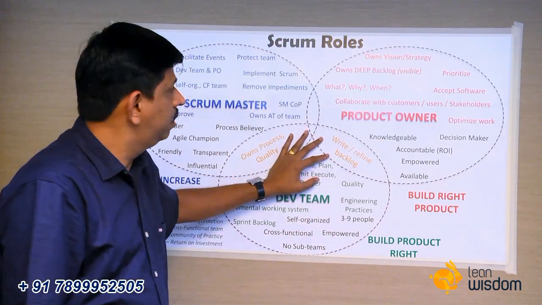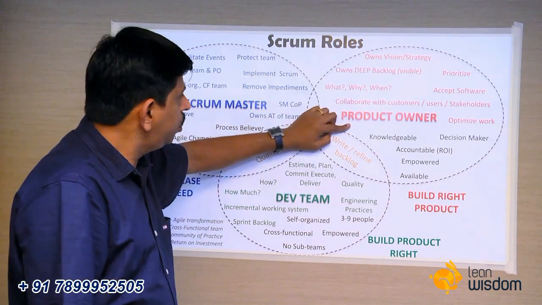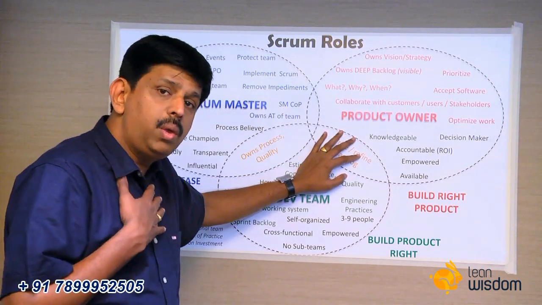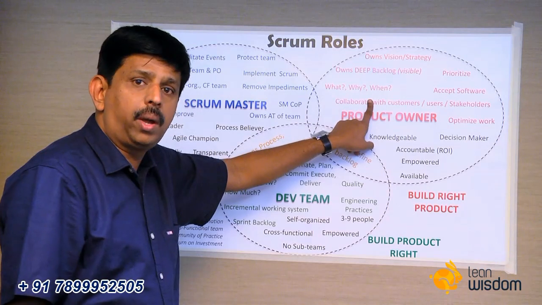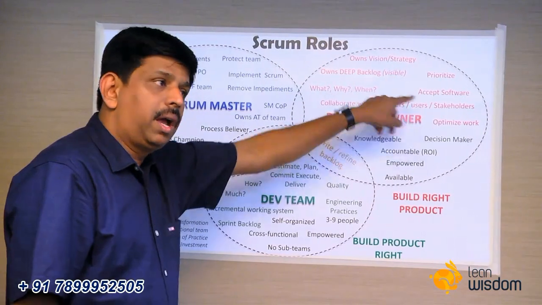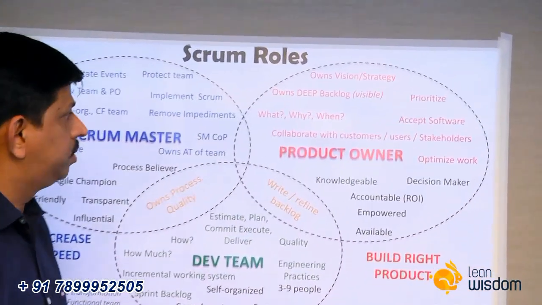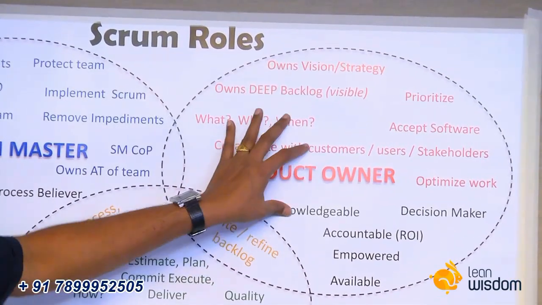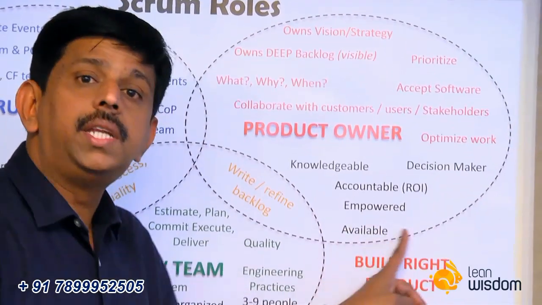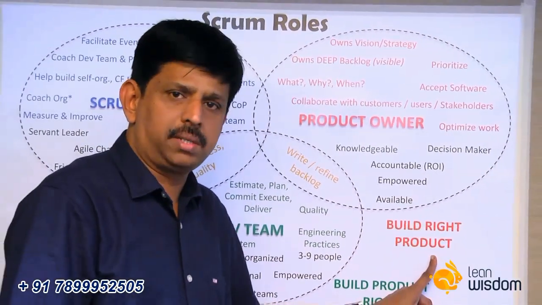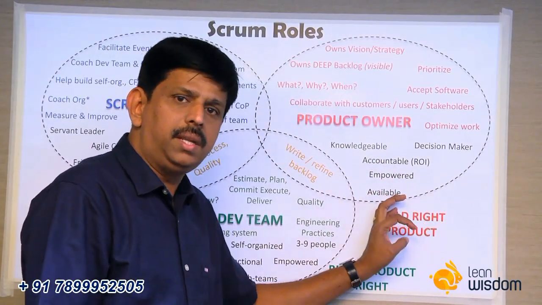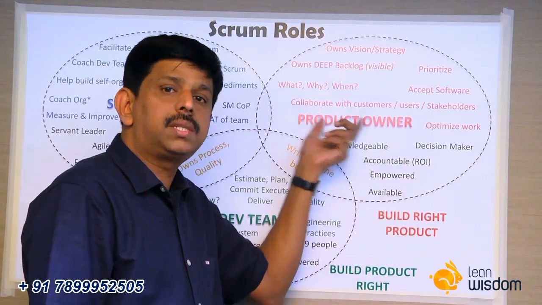What does this mean? Product owner. The product owner owns the vision and strategy of the product. If I'm a product owner, I own the vision of the product. I define the backlog. I am owning the backlog, so I own the product backlog. I need to make it visible. I need to have a very clear vision and roadmap for the product. In short, what is the responsibility of the product owner? Building the right product. Are we looking at our customers' challenges? Are we looking at what the customer wants, what the customer needs? Are we building the right product that's going to solve the customer's problem?